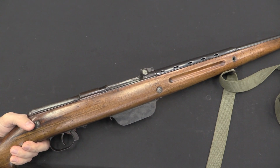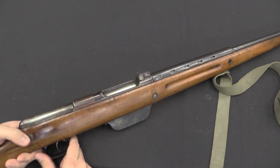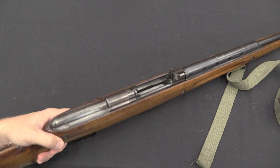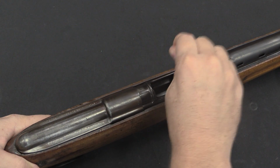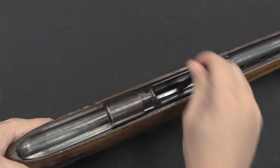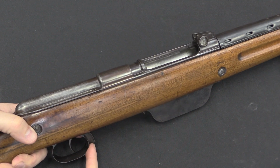When you are ready to cycle the gun, you put a clip in and hit the bolt release. This does nothing as long as the follower is up, because this thing is locked open on the follower. What you have to do is depress the follower, and normally you would do that with a clip of ammunition. Just pushing the follower in doesn't do anything. You push the follower in, lock your clip in, and then you hit this bolt release, and that bolt goes